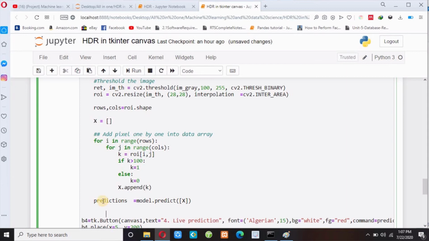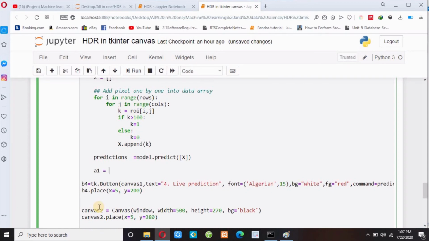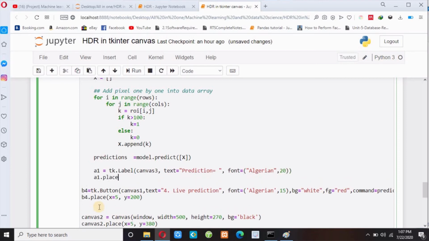I need to print this prediction in my Canvas 3 window. So let me write over here a1 equals tk.Label inside Canvas 3, and the text equals, suppose, prediction equals, so this is the text, and font equals, suppose, Algerian 20, and place where this a1 label is to be placed. a1.place x equals 5, and suppose y equals 350.